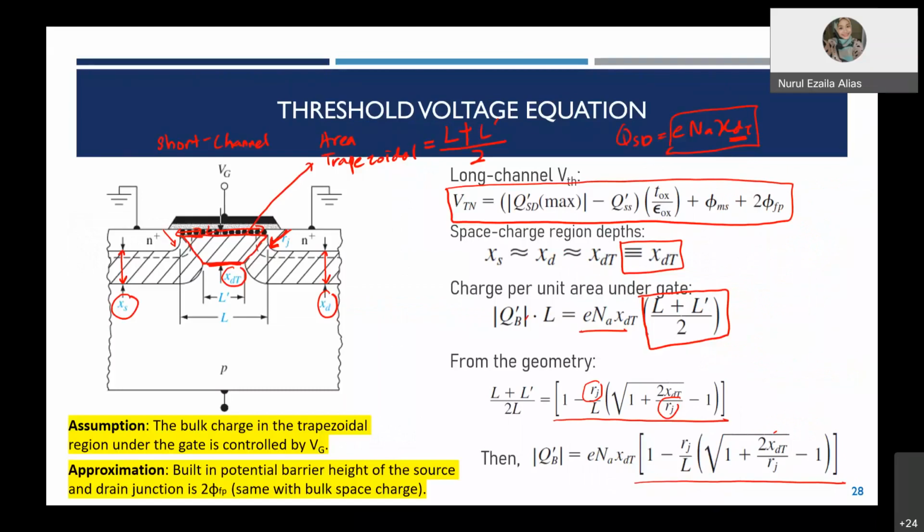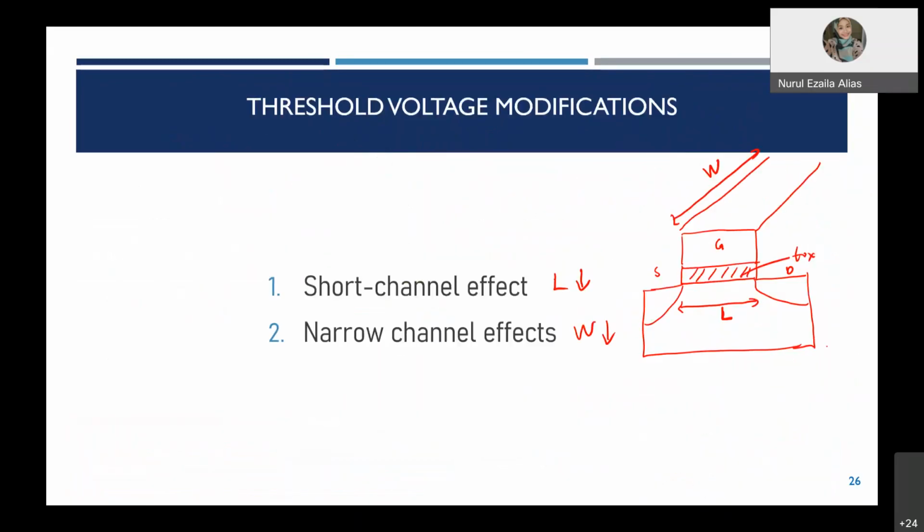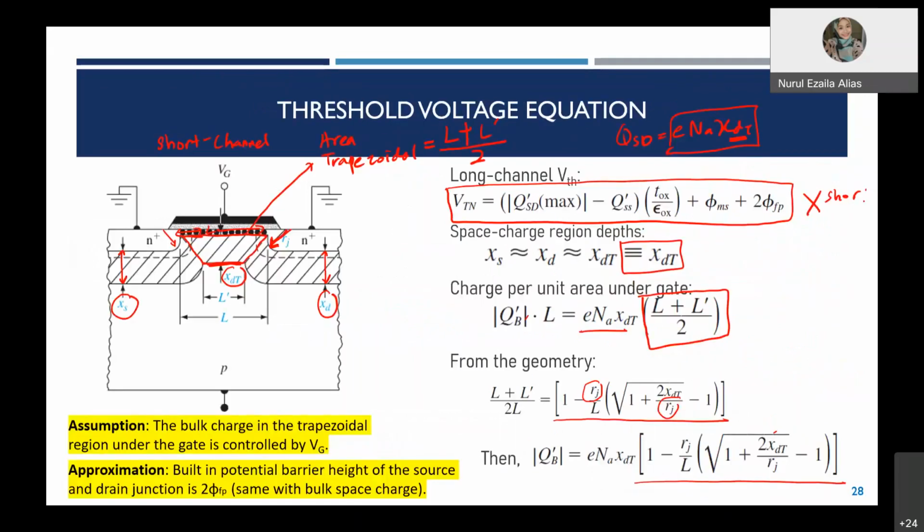Therefore, the threshold voltage can no longer be given by this equation. For short channel, we cannot use this equation. The threshold voltage equation will be much more complex for short channel, where it has to consider